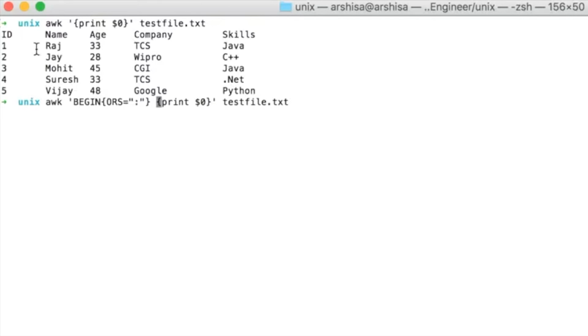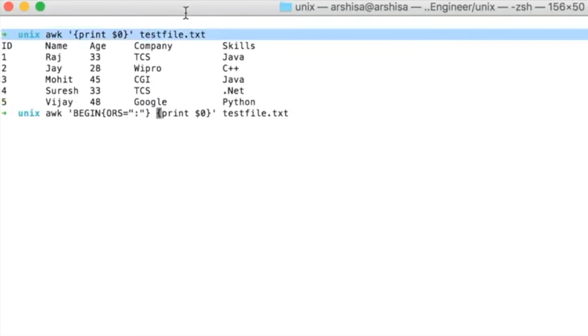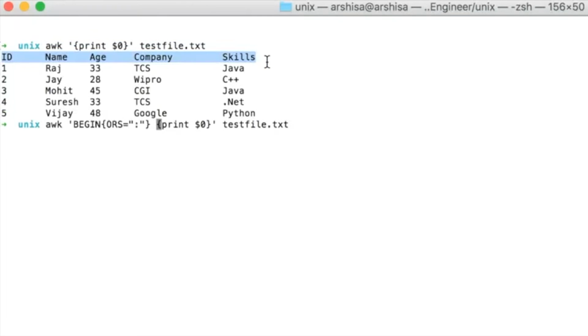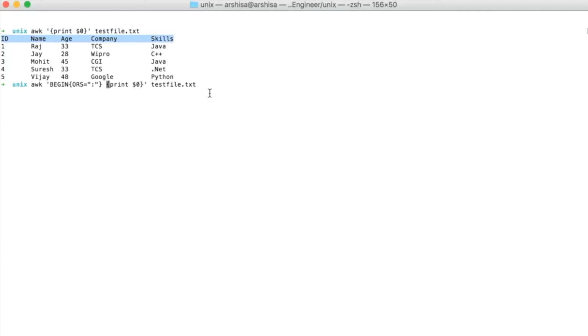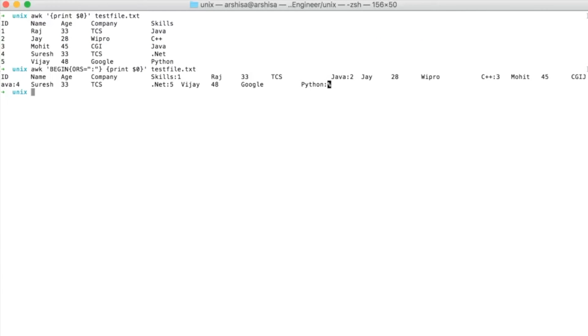What it does, so basically now each record is separated by a new line. As you can see, every record is being printed on a new line. So if you give ORS as colon, see what will happen. Now you can see that after the first record we get a colon in between, and then it prints the second record, and similarly it prints the other records followed by colons.